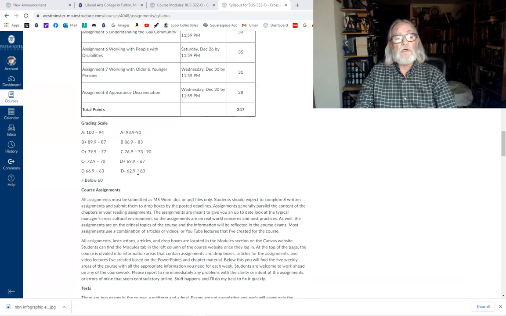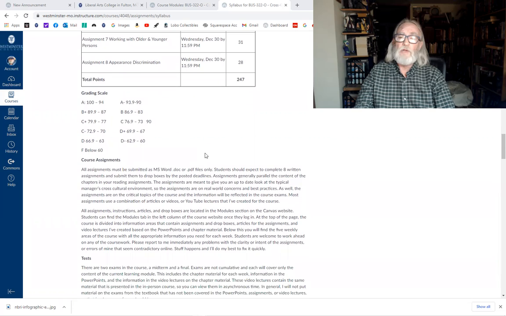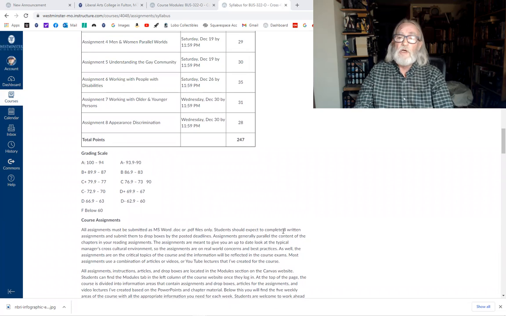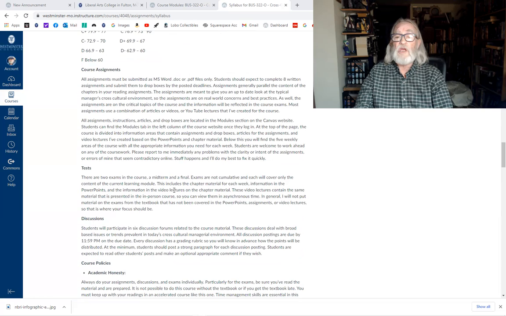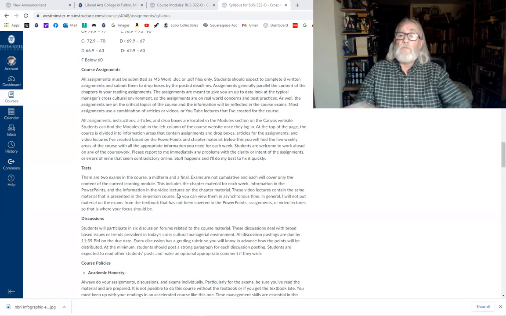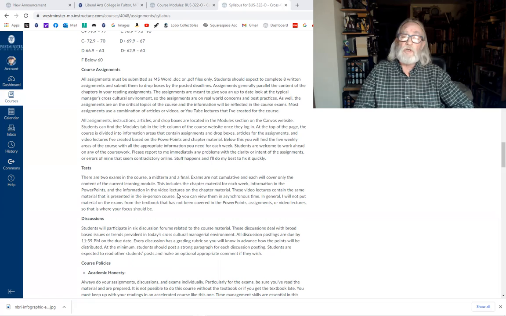Grading scale, let's just worry about that at the end. I'm not much for plus or minuses unless I can use a minus to bump you up to something. Keep up in the course. There are, I think, 8 assignments. We'll find out when we get to the modules page. We'll take a close look. 2 exams, midterm and final. These are both on Canvas, so you have 180 minutes when you take it.